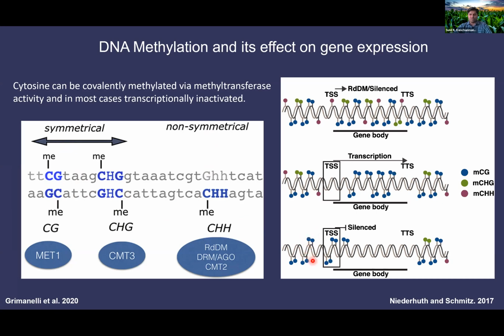For example, in this figure, you can see methylation in the CG context in the transcriptional start site leads to silencing of the gene, whereas the same methylation profile on the gene body and depletion of methylation marks in the transcriptional start site and the termination site leads to higher expression of the gene. Also, if you have higher DNA methylation in all 3 contexts all over the gene, you see RdDM silencing